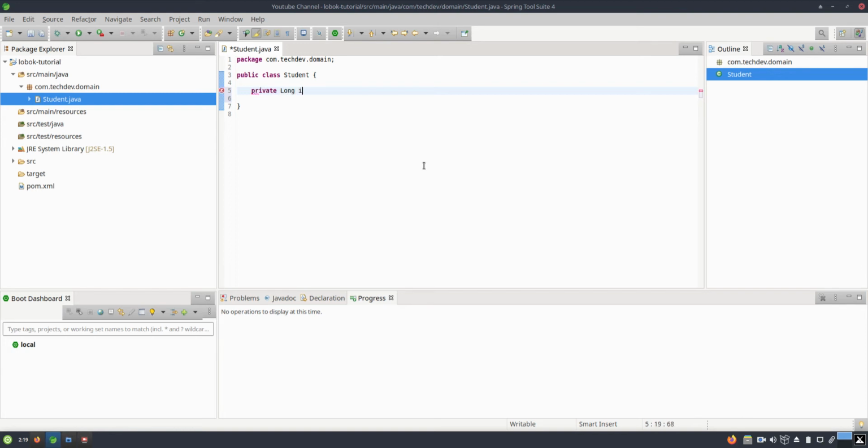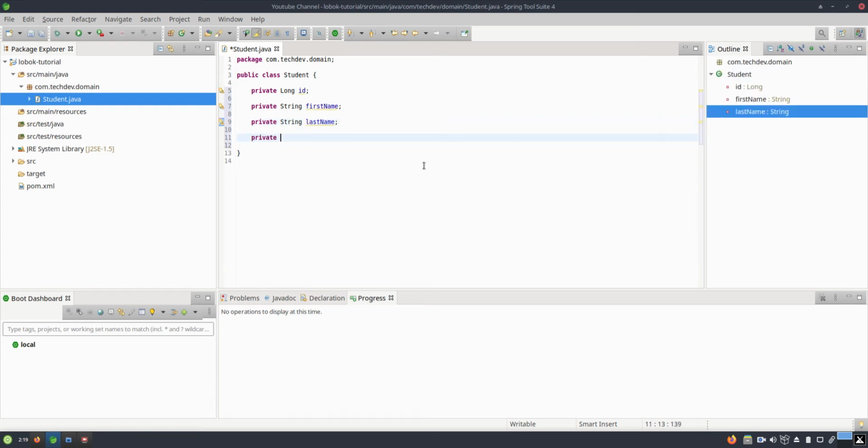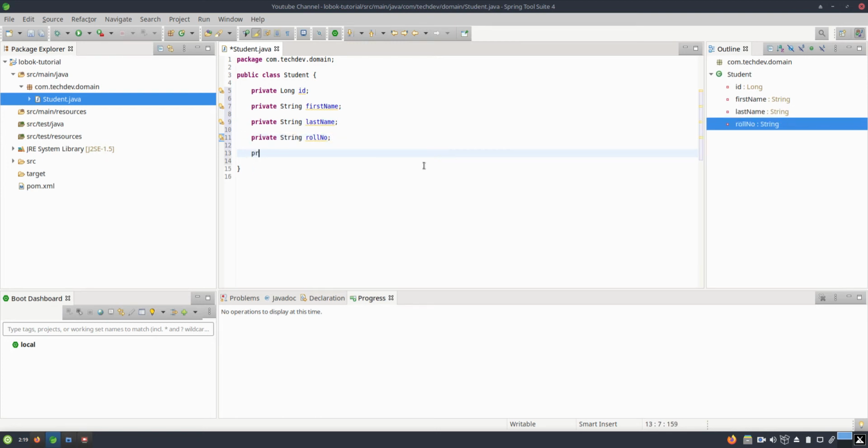Private long ID, private String firstName, private String lastName, private String rollNumber, private String phoneNumber. Now we have all these properties in our class for the student.